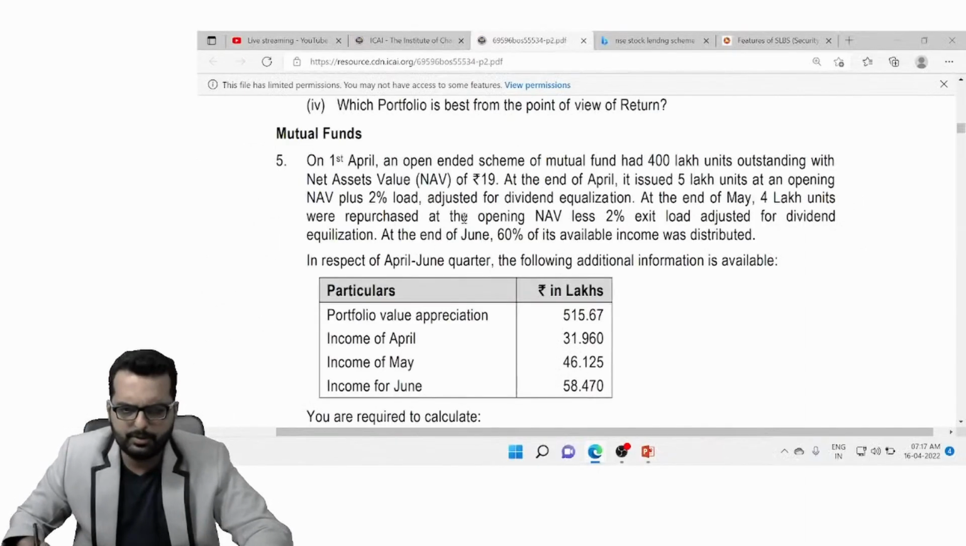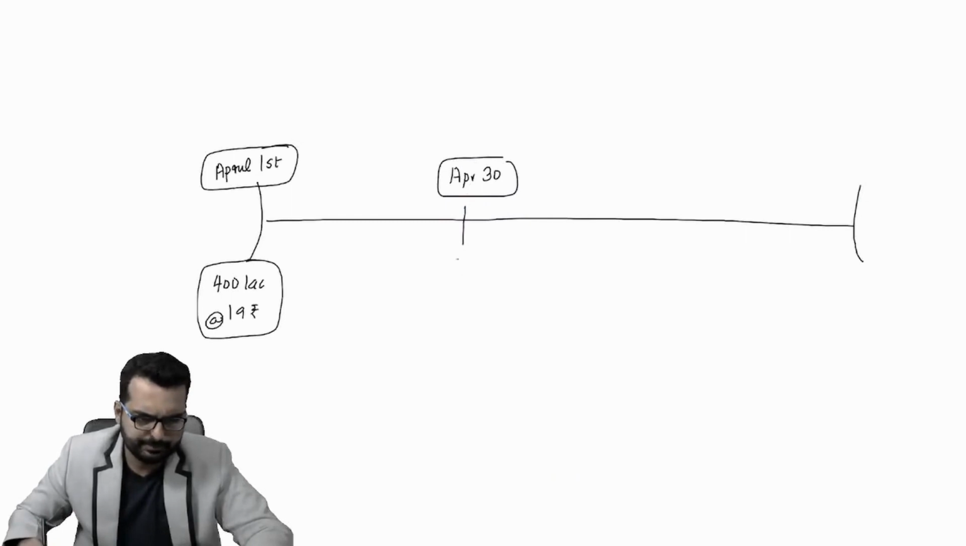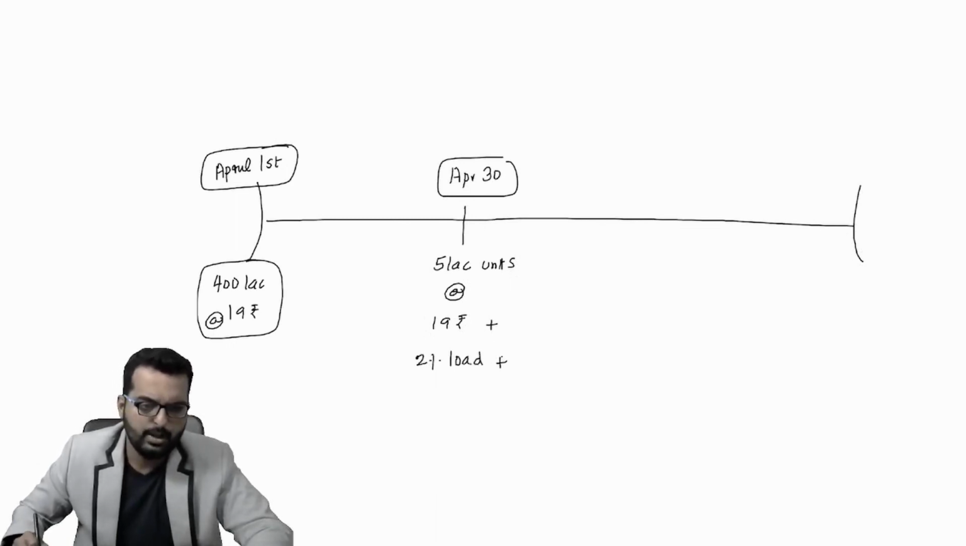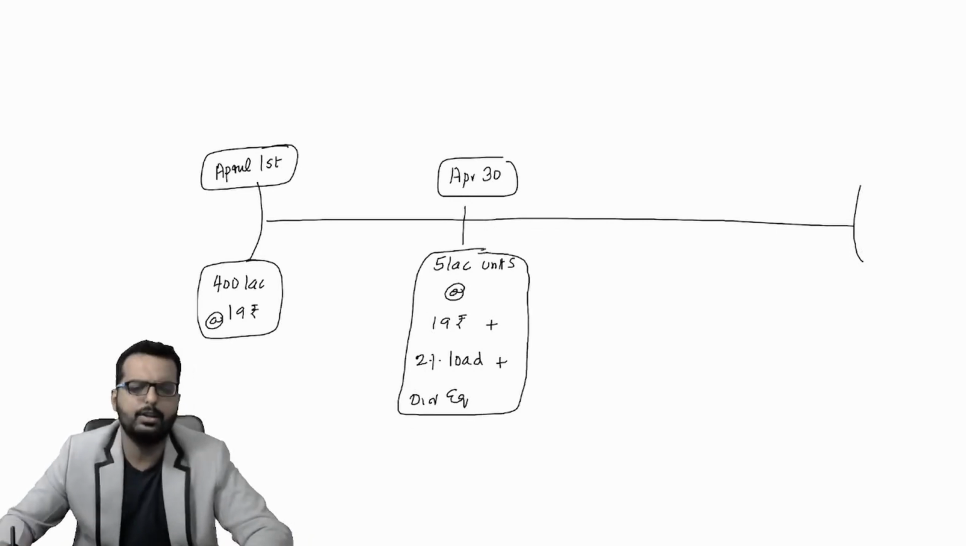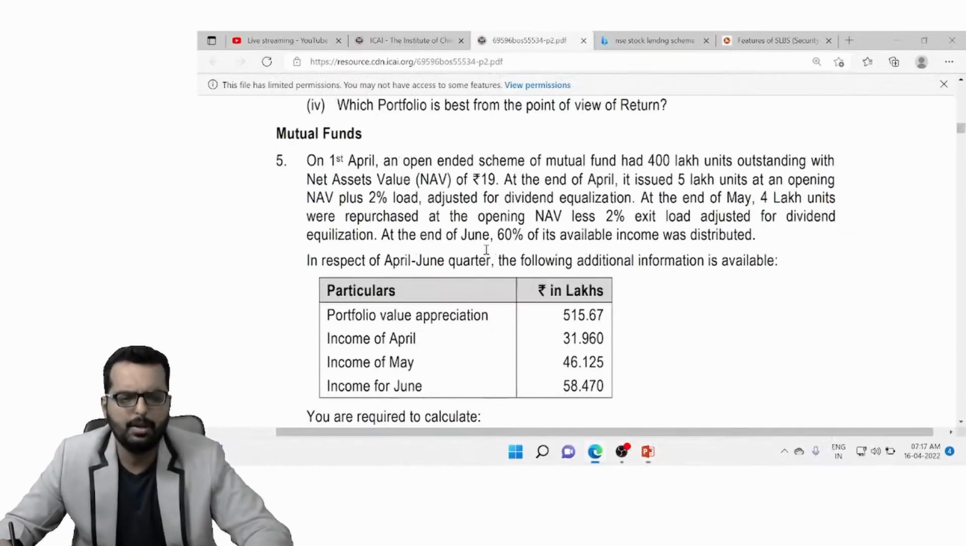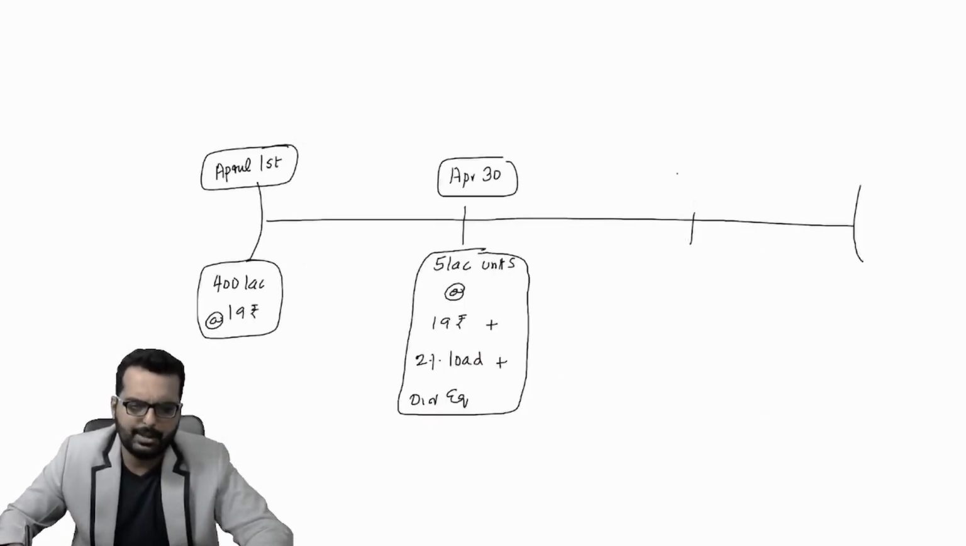So here, how many units have they told? 5 lakhs, right? At the rate of whatever is the NAV, that is 19 rupees plus 2% load, plus there will be dividend equalization. So basically he has to bring in money to equalize for the dividend. Everybody clear with this part? Next, they have told at the end of May, so I'll put it as May 31st,